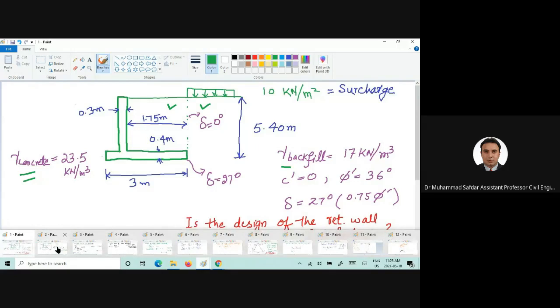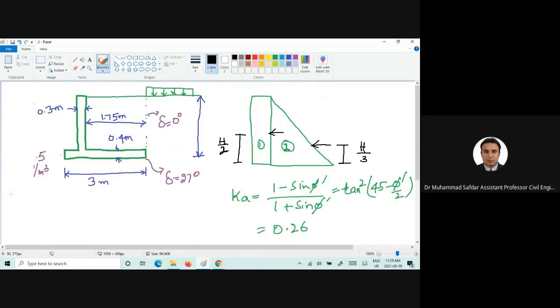So in order to do that, we need to first of all find out the forces which are acting onto the retaining wall, the horizontal forces and the vertical forces. Now in order to do that, we need to convert the surcharge pressure into the horizontal force. And if you remember from Geotech 2,